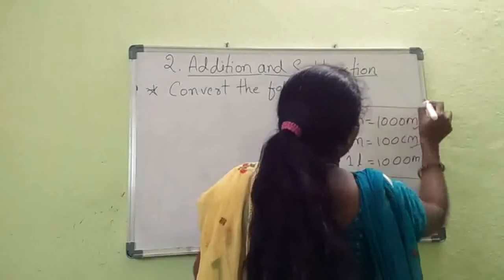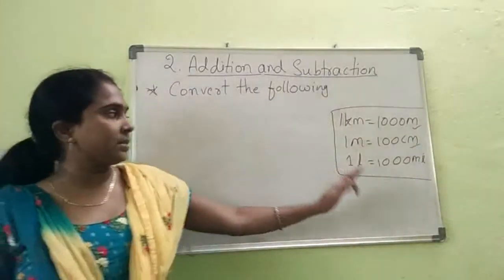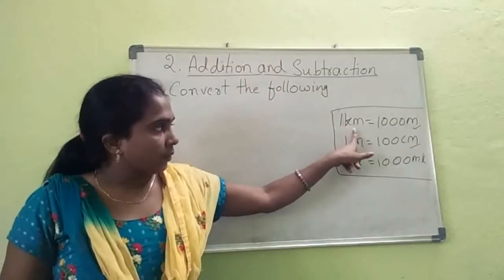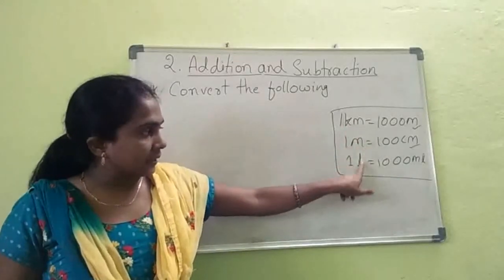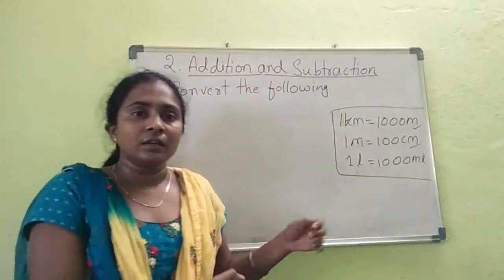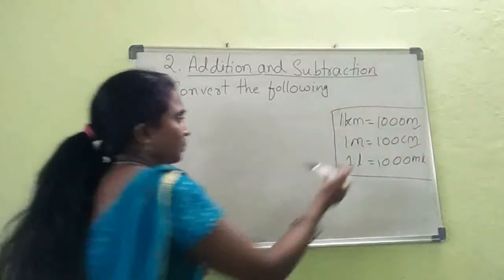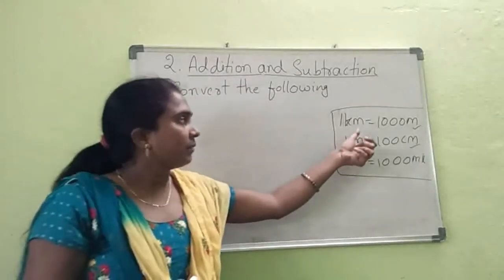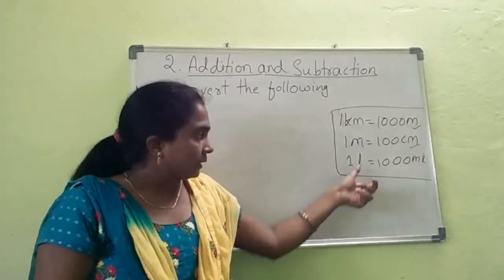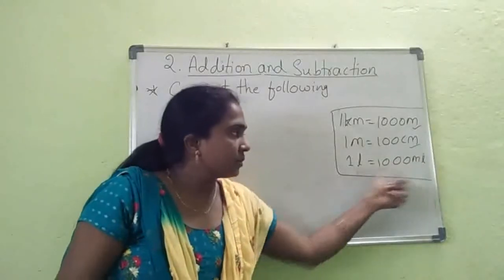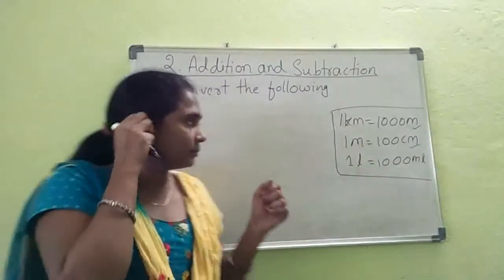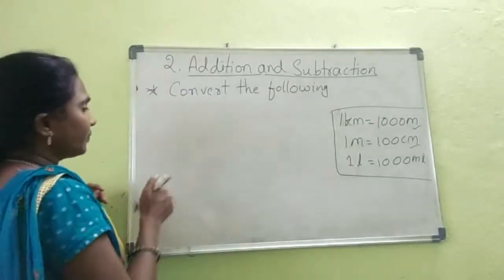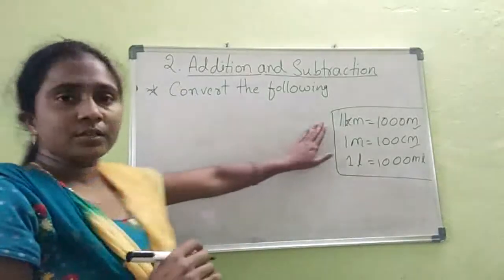These will help us now. We'll solve the questions based on these standard values, right? Again, see the value 1 kilometer. Kilometers, meters and liters are units to measure things, right? Kilometers and meters are useful while calculating distance. Liters and milliliters are used to measure liquids, okay? Right? See. Now the first question. I hope you understood this, right?